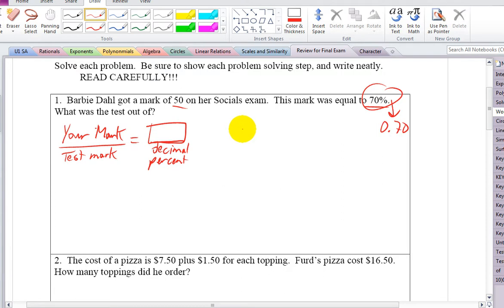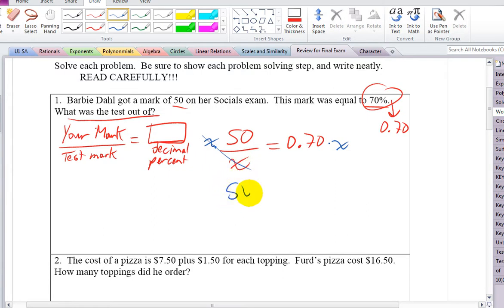So we can take her mark, Barbie's 50, divide it by the test mark, which is x, that's what they're asking for, what was the test out of, equals 0.7. That's pretty much the easiest way to set it up. How do you get x out of the basement? Times it by x. So we solve it, times it by x. They cancel. We get 50 equals